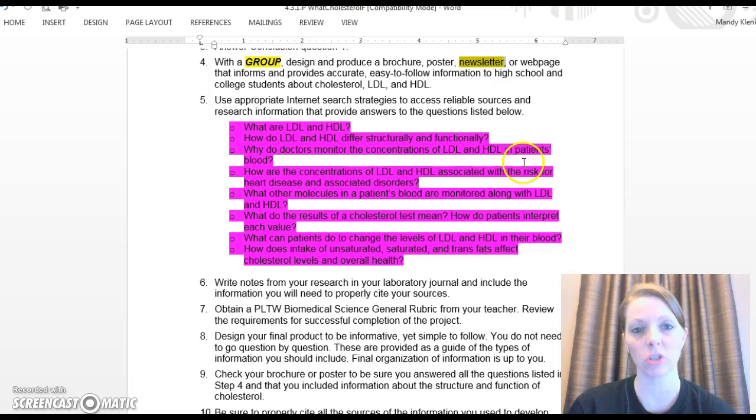So what you're going to do is research what I've highlighted in purple here. Again, that's in step 5. You're going to research these things, and this is all tied to cholesterol. What is LDL? What is HDL? What are the differences between the two? How do they differ structurally? Things like that. So you're going to research these questions, and you are going to compile a handout that is